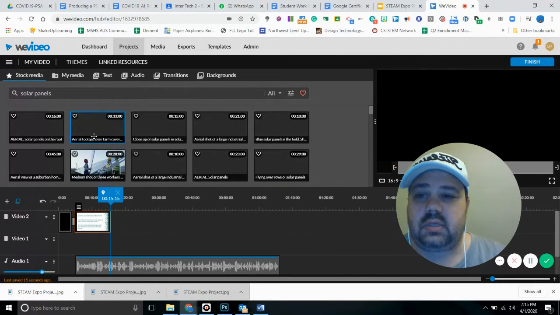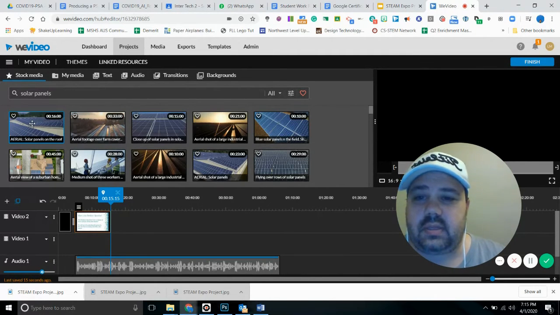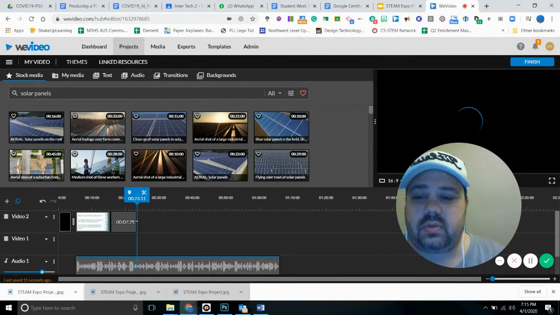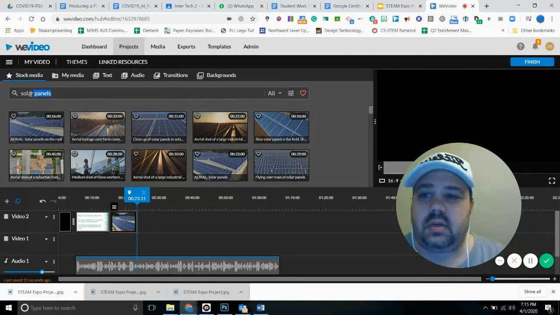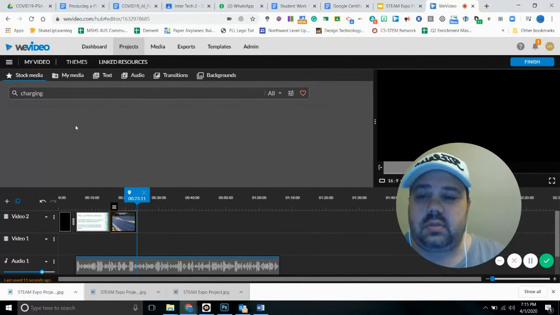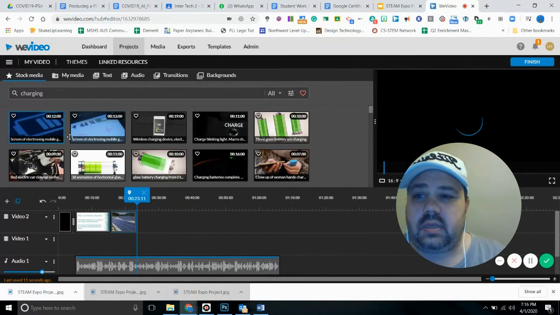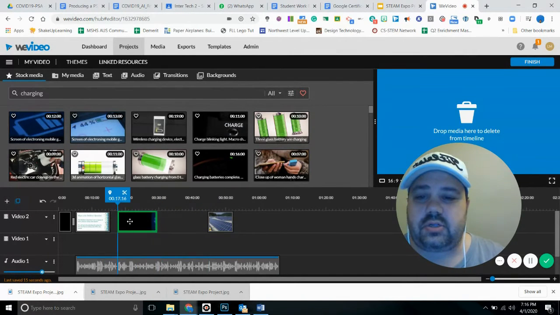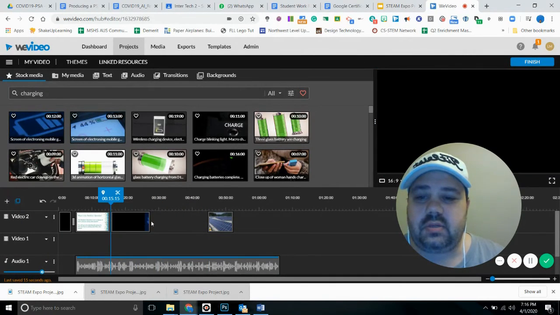And you will see things like solar panels, and that one goes for 16 seconds. So I could put, let's say, a solar panel picture. I'm going to shorten this one, and maybe I'm going to put charging, and maybe I put a little picture like this. Oh, what if we did the opposite? Because I want to charge, so I'm going to put a picture of charging,